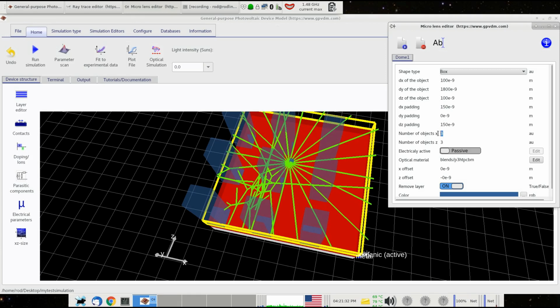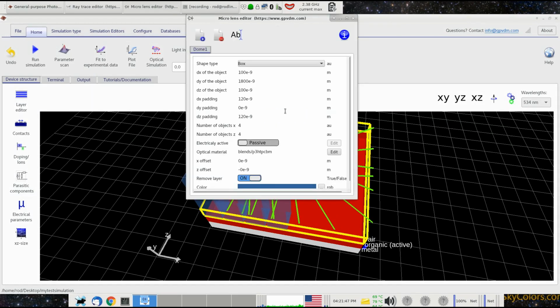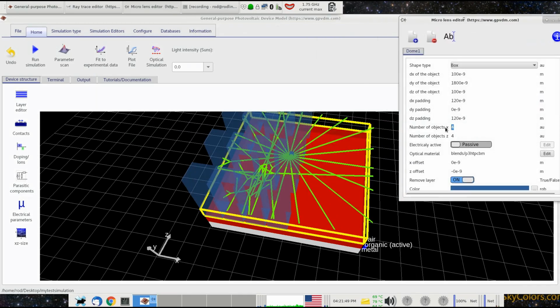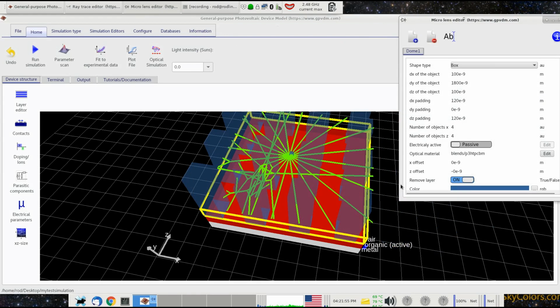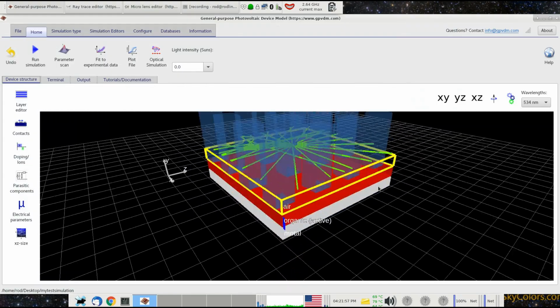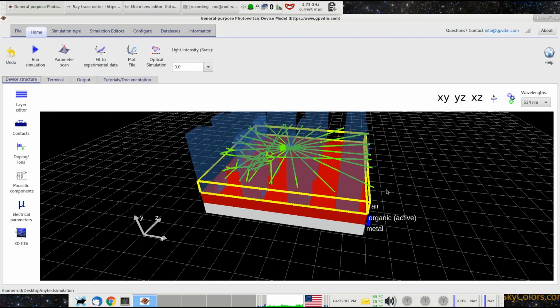Can we get another row in? Then we can change the number of these. So we've got 4. Maybe I need to reduce the padding. How's that looking? I can probably get some more of those structures in. 6. No, 6 is too many. 5. 4. There we go. So now what we've got is a series of effectively periodic